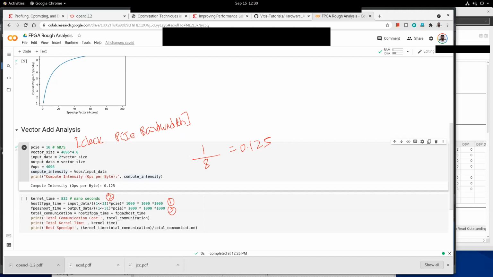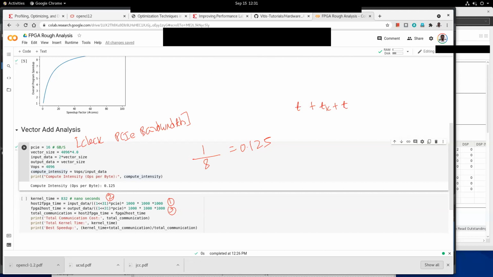So there is a total communication cost, that is host to FPGA plus FPGA to host time, and there is a kernel time, and there is the overall speedup. If you apply Amdahl's law, the communication part, there is a communication time TC1 plus kernel execution time TK plus, let me use a different notation.